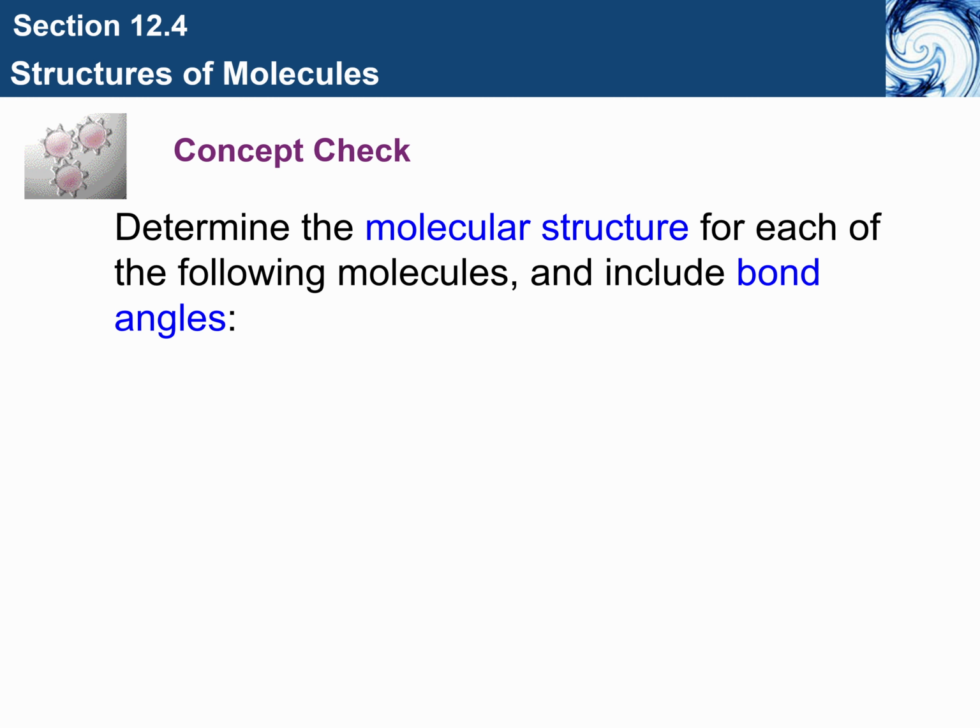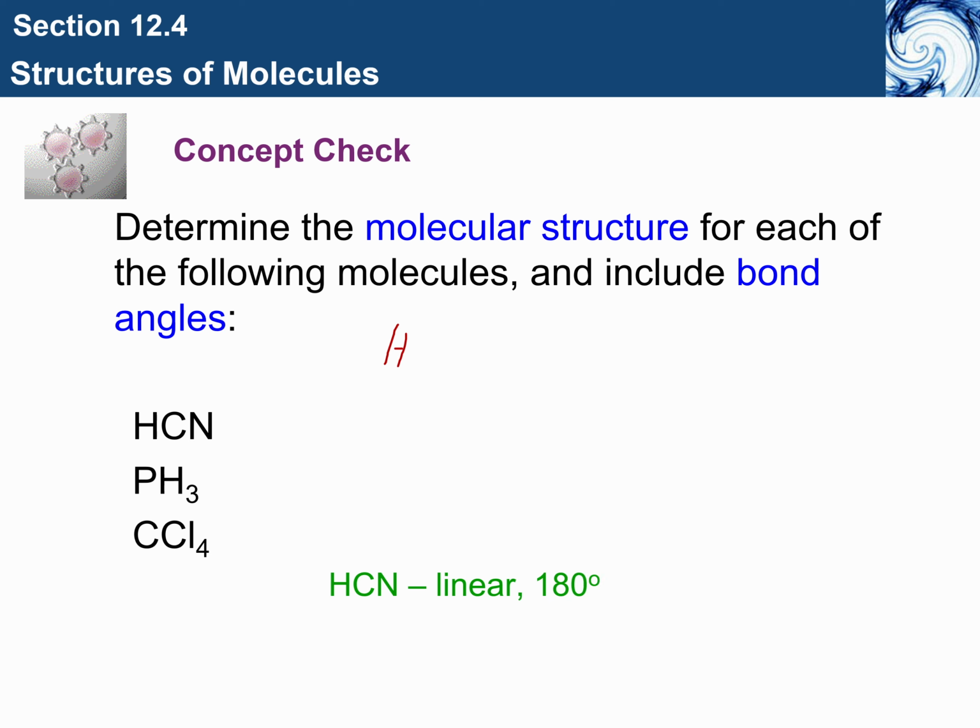All right, for our final concept check, we will need to determine the molecular structure and include the bond angles for HCN, PH3, and carbon tetrachloride. HCN is going to end up being linear. Let's make sure we know why. Let's try this. Hydrogen is going to have 1, carbon is going to have 4, and then nitrogen is going to have 5. The only way to make this work is for these 3 electrons and these 3 electrons to make a triple bond, and this to make a single bond, which would end up looking like this,